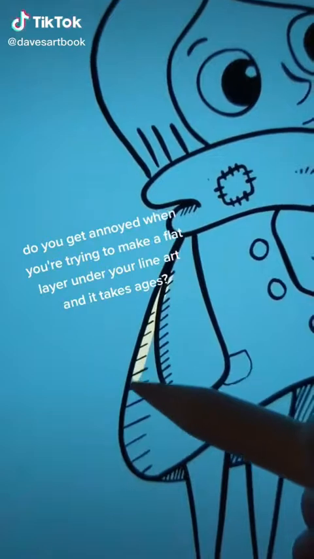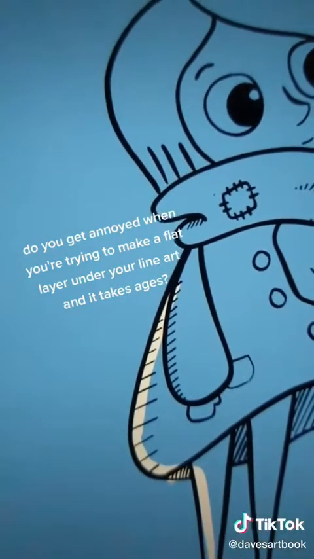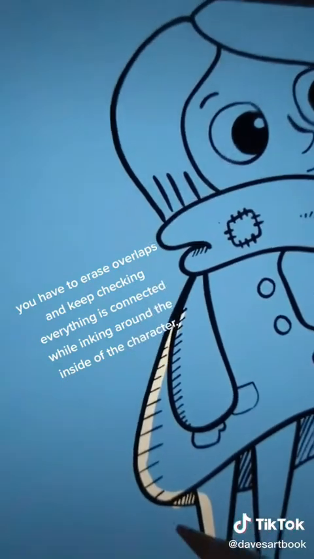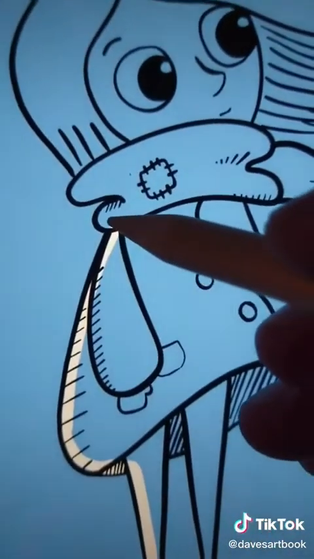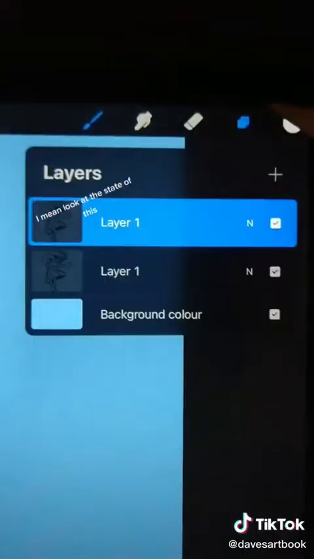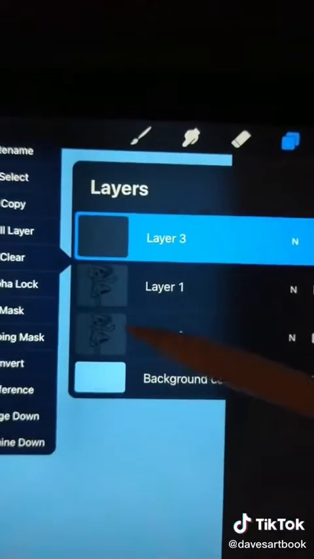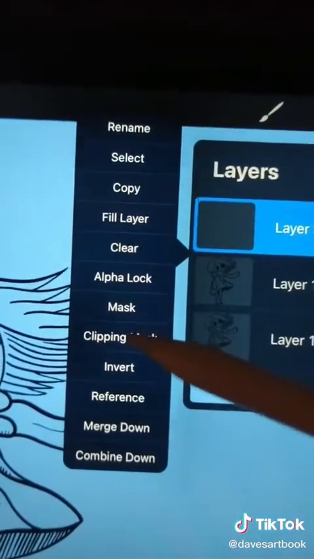Do you get annoyed when you're trying to make a flat layer under your line art and it takes ages? You have to erase overlaps and keep checking everything is connected while inking around the inside of the character. I mean, look at the state of this. If you duplicate your inked layer like I have here, add a new layer above the duplicated line art and